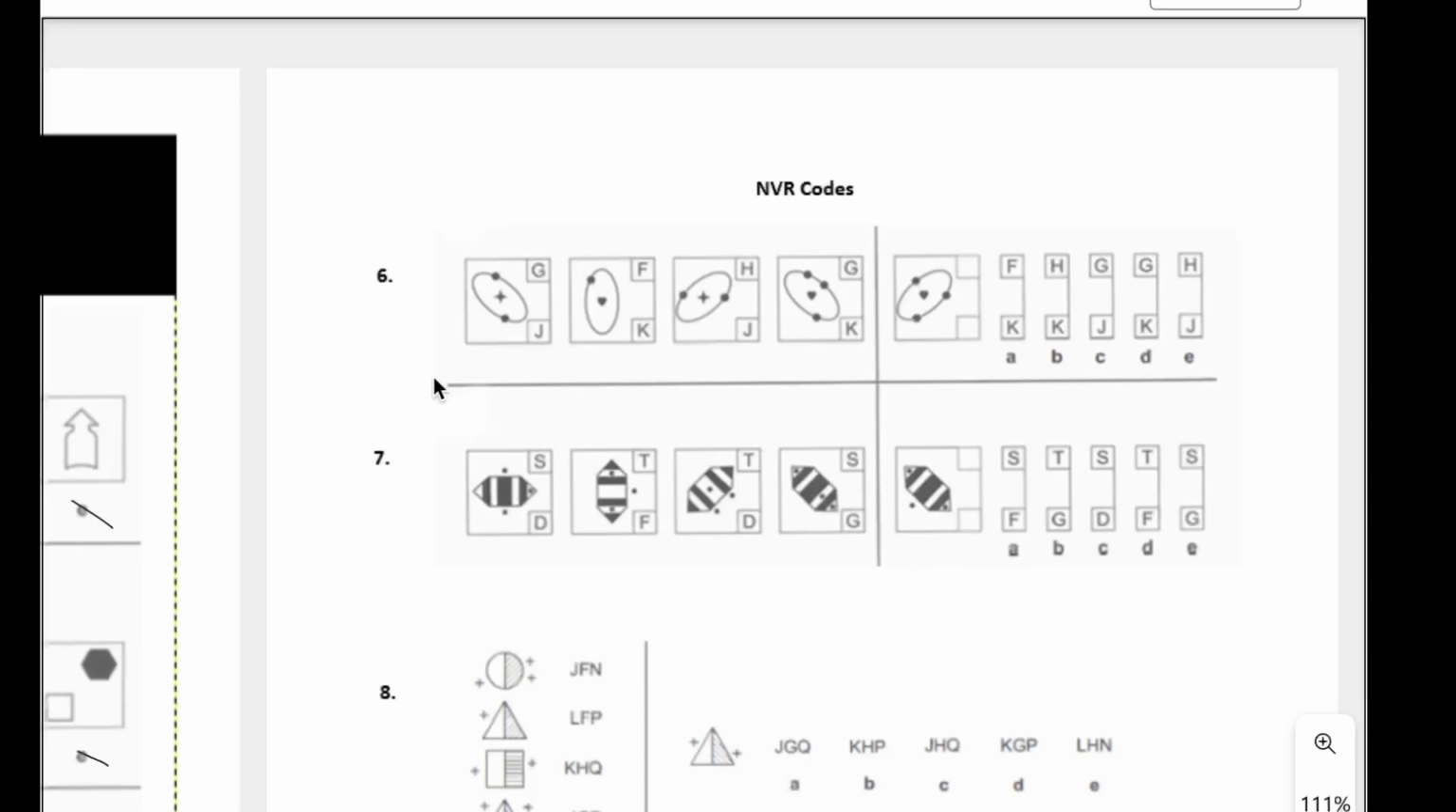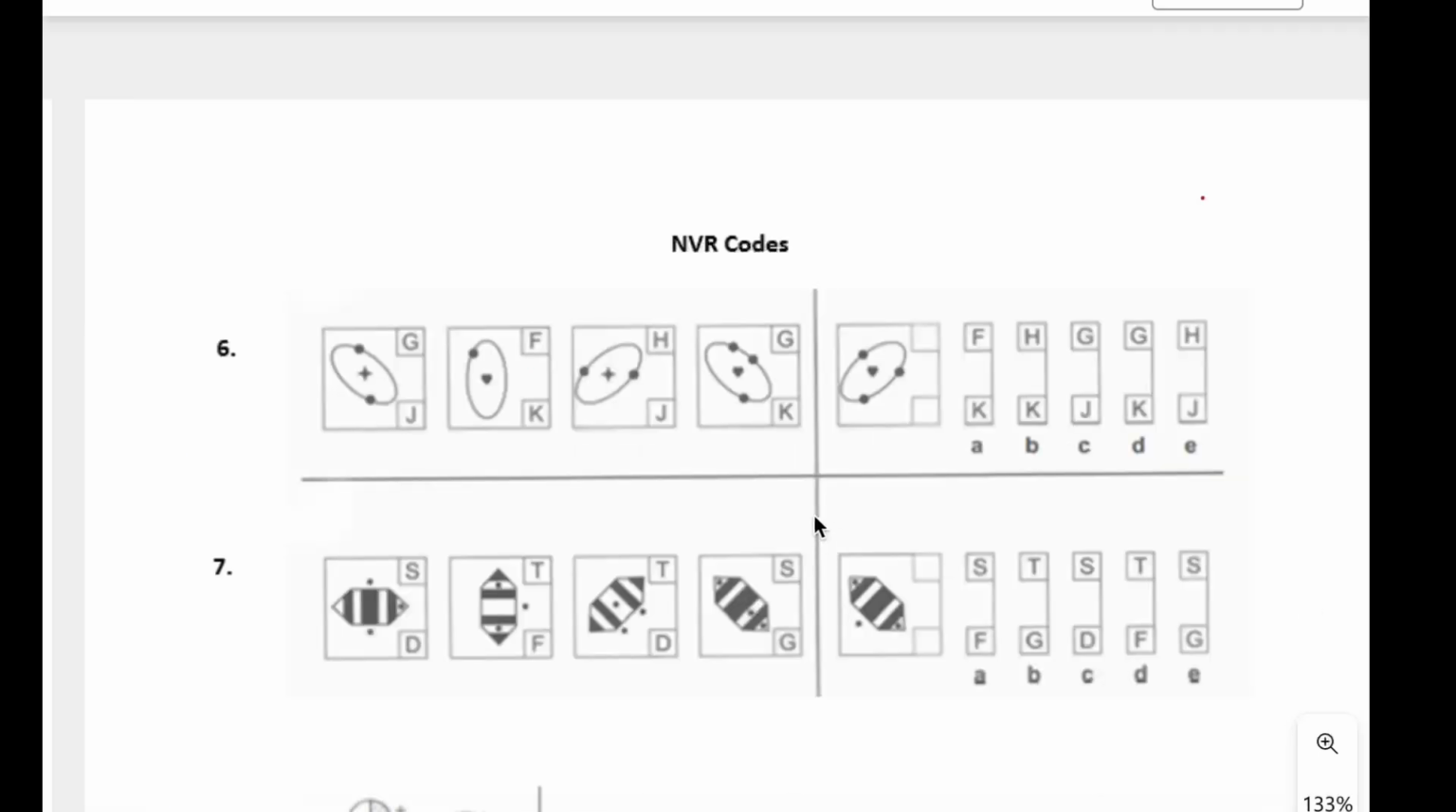We now have question 6. Let's have a look at NVR codes. So over here I first noticed the shapes on the inside. We have cross, we have heart, cross, heart. Now what I see in common here is that J seems to represent the cross and that K seems to represent the heart. So if I just write that out here,